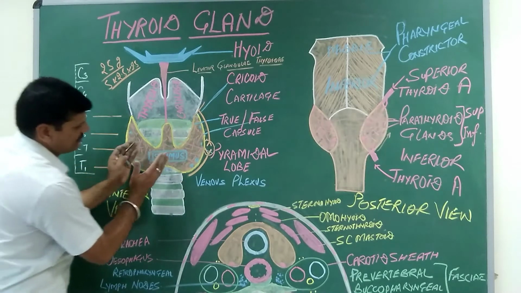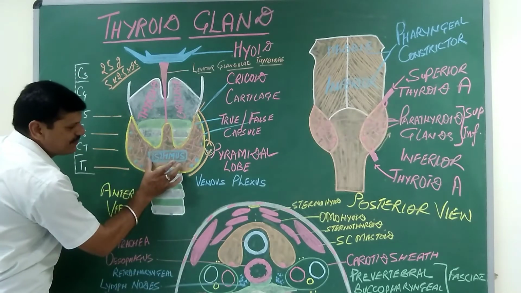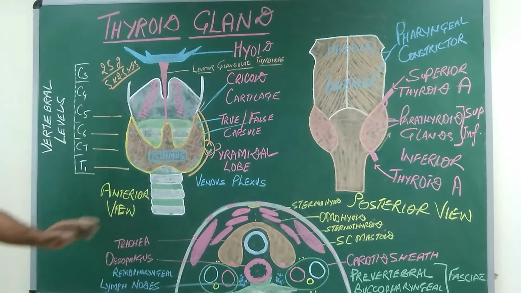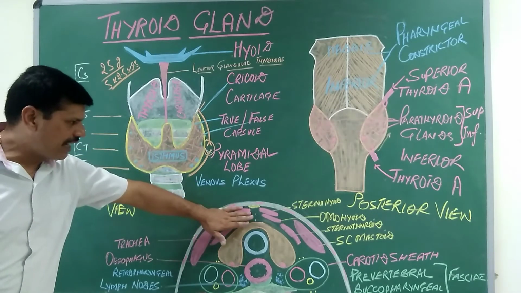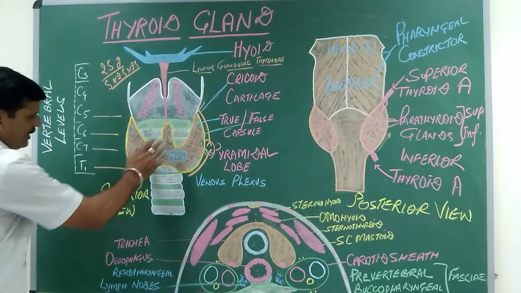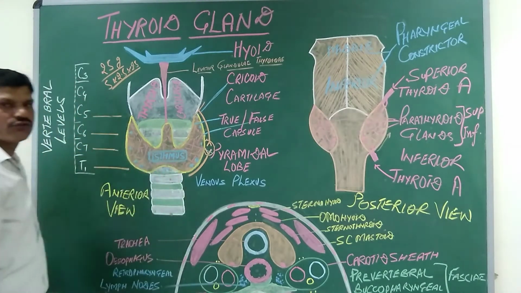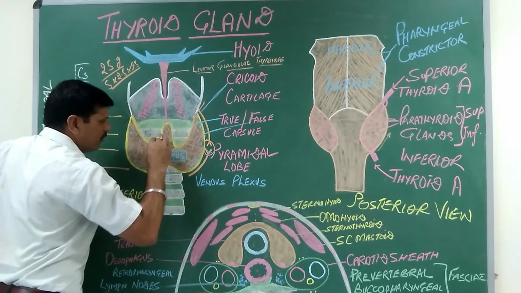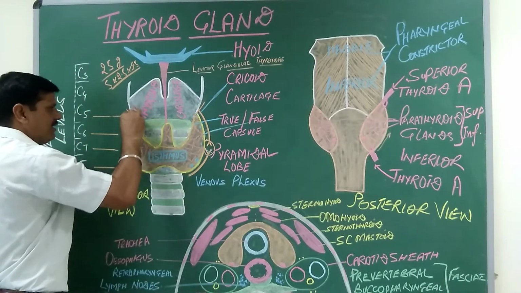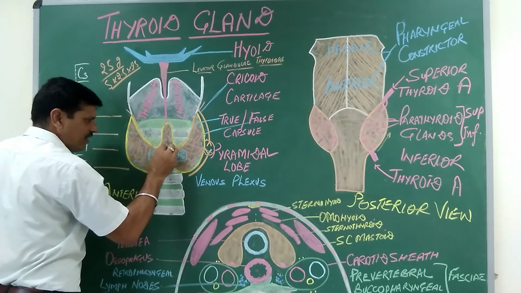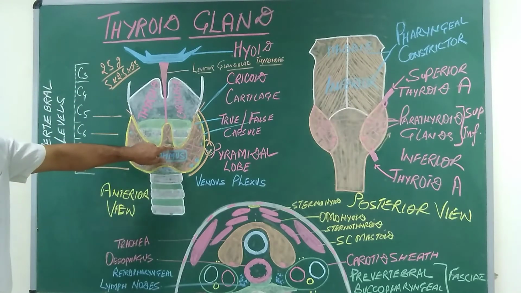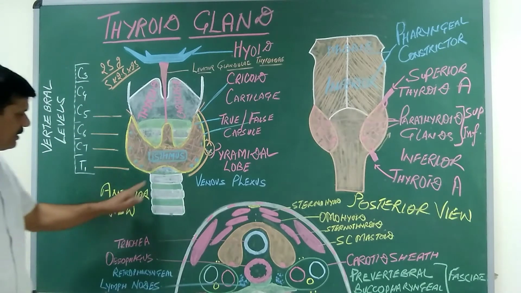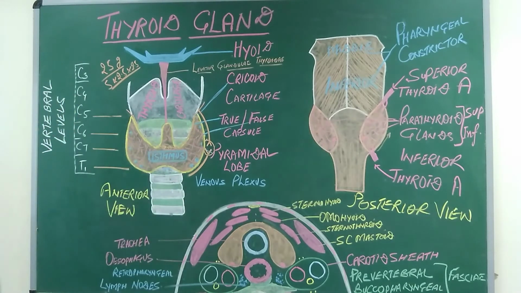Now the isthmus, which joins the two lobes, left and right. The isthmus has two surfaces, anterior and posterior, and two borders, upper and lower. The anterior surface has relation with the sternothyroid and sternohyoid muscles. Posteriorly, it has relation with the second, third and fourth tracheal rings. At the upper border, the anterior branches of the superior thyroid arteries from left and right anastomose, and at the lower border, the thyroid vein drains the blood.